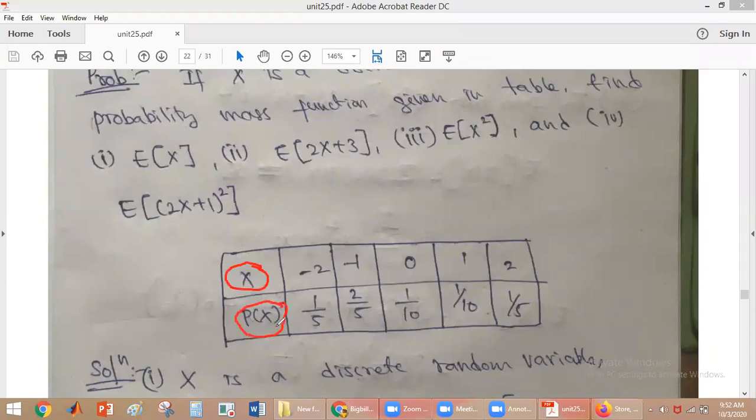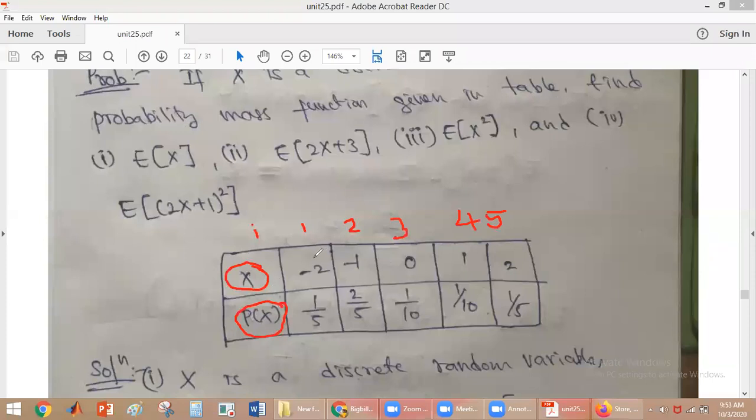Now here, these are the elements of the random variable. How many elements do we have? For example, if you take this as i, the number of elements will be equal to 5. There are 5 elements in this. So this is not the time index. These are the elements of our random variable x.